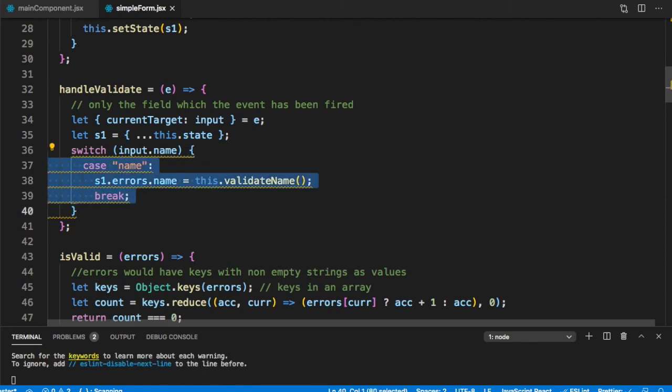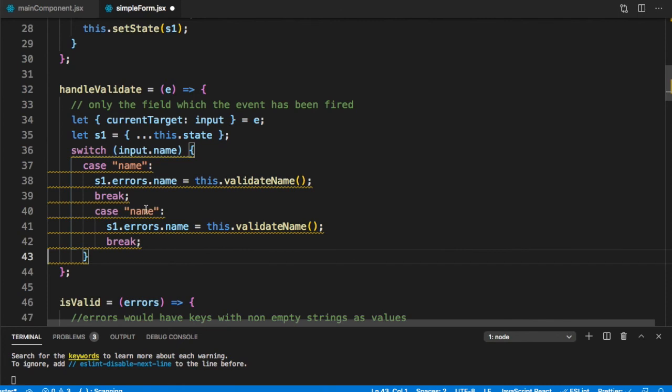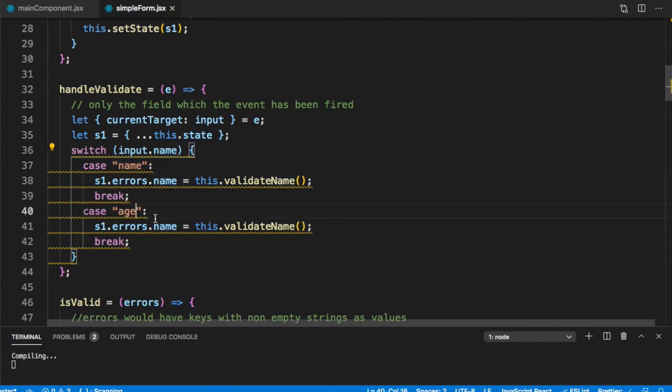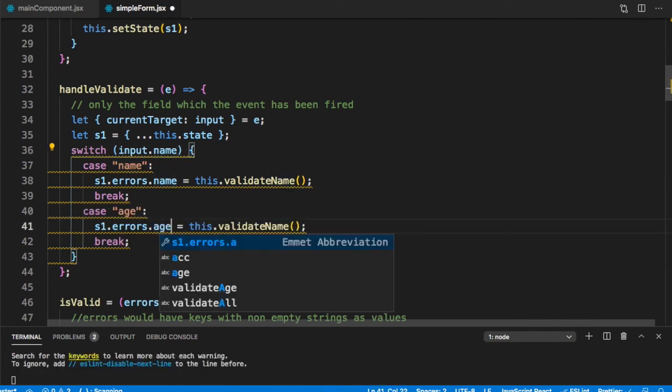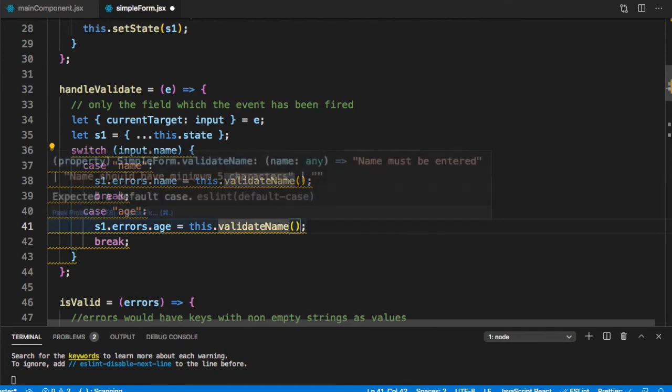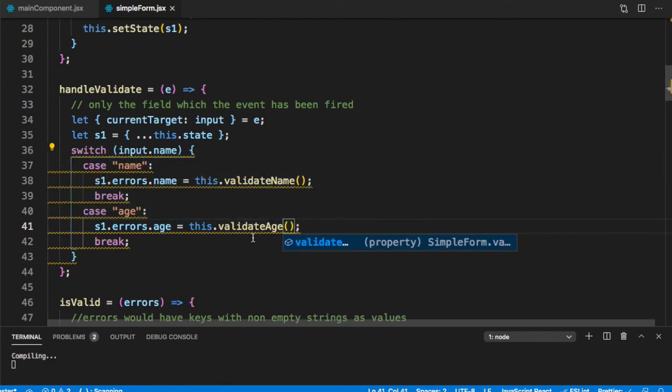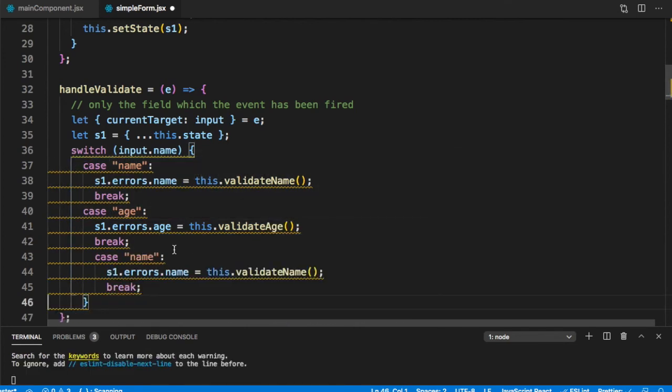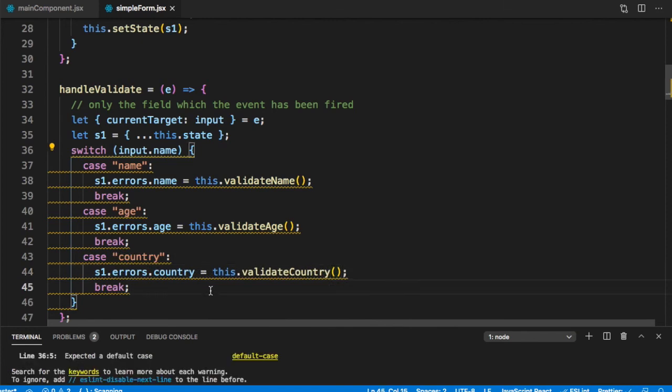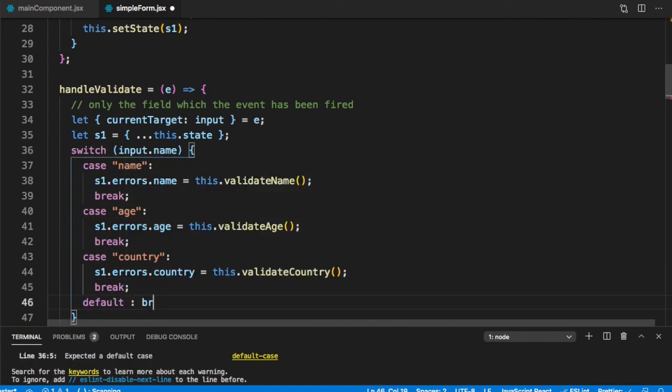Similarly, let's validate the age. If input.name is age, then s1.errors.age is this.validateAge, and we validate the country. So s1.errors.country is this.validateCountry, and we'll just provide our default case, which is break.